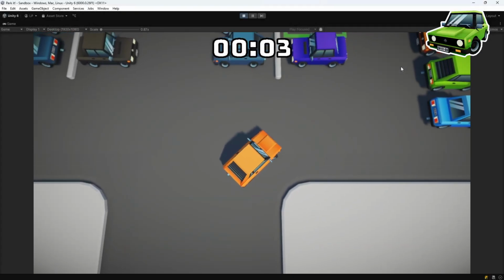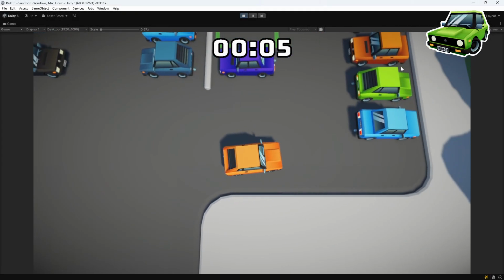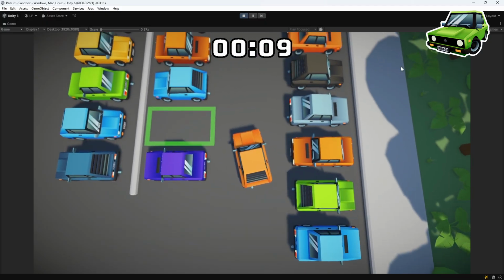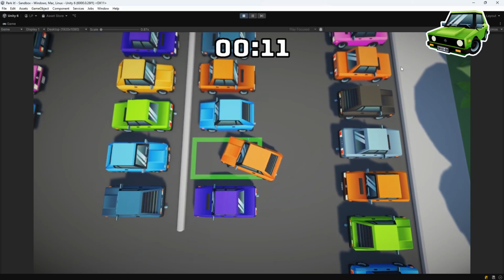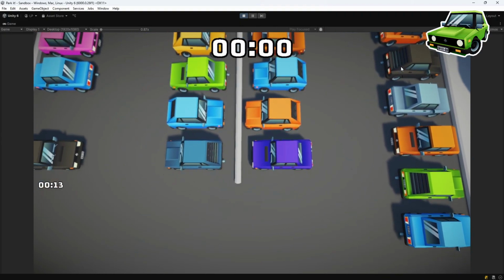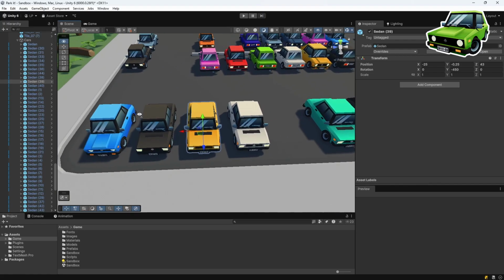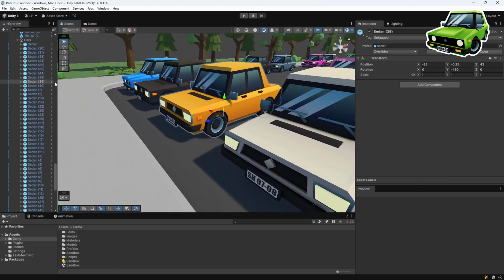Hello everyone, welcome. I am Lucas, and everything that you see on the video is actually what you will get on your own computer up and running. So together we are going to create this really addictive parking game from scratch. We will start from a blank scene and add small features until we end up with the entire playable